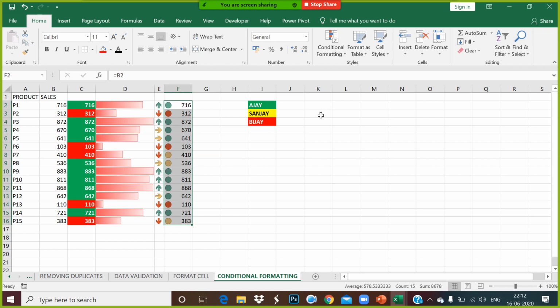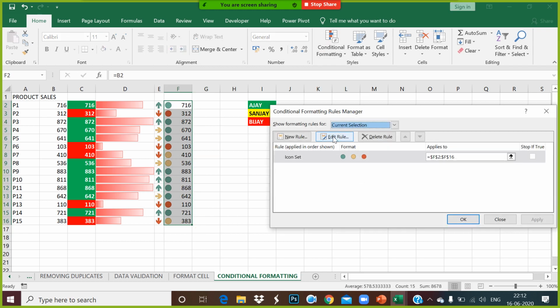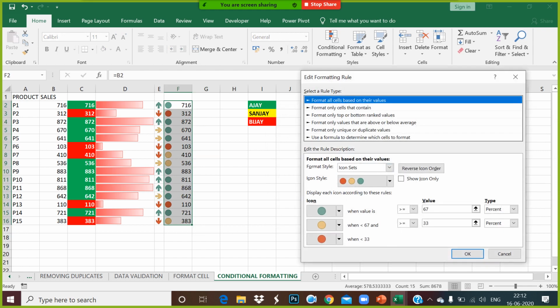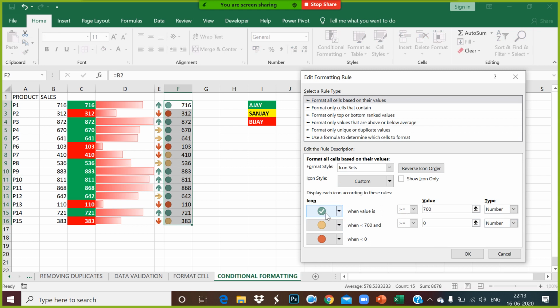I'm going to select this data and choose manage rules. I say edit rules. In the edit rules, I say do not go by percentage, please go by number. The condition is that if it is more than 700, make it green color. Or you can choose something else, let's say this arrow mark or this tick mark.